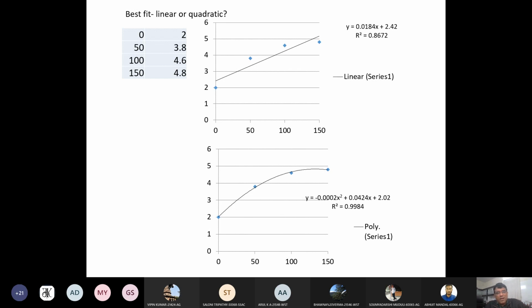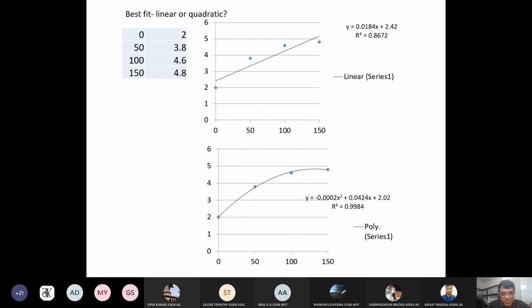In this case, at the starting point, you will fit the linear equation. As I told you, we start with linear, then go for quadratic, cubic, and so on. This is the order. So if you start fitting linear equation, you get Y is equal to 0.0184x plus 2.42, and R square is 0.8672.